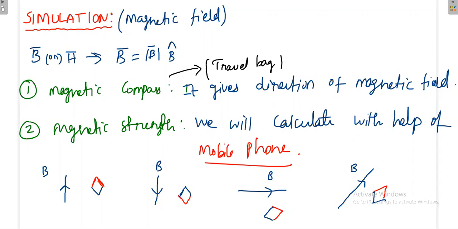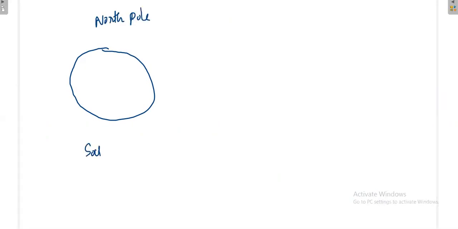Say this is my earth. If I keep the compass here, this is the north pole of the earth, and this is the south pole of the earth.